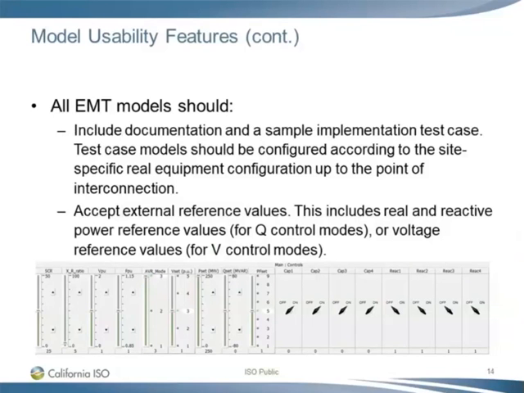The screenshot below shows an example of some of the modes that are available and that should be initialized when submitted to the ISO and PTOs with the site-specific configuration. For example, the AVR mode should be set to what the plant typically operates at, and similarly, the power factor setting should also be set as the same.